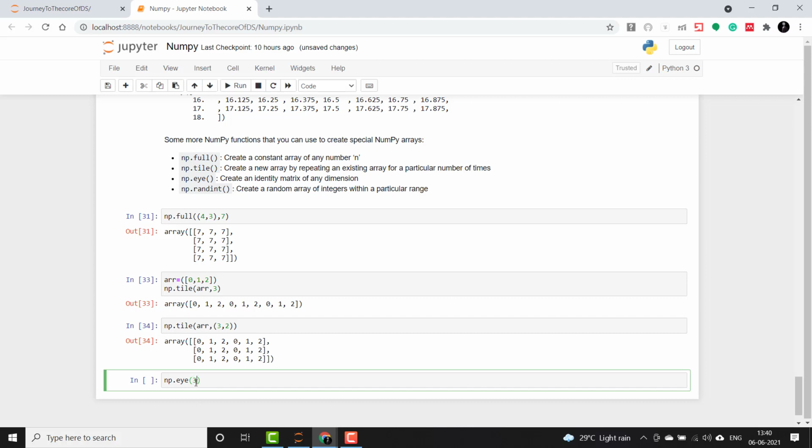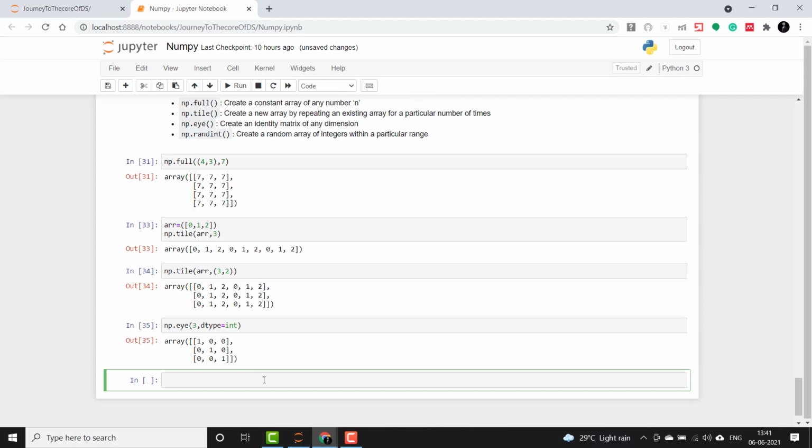It just takes one input as 3, which will be a square matrix. And we can give dtype as int here, because it takes float by default, so we are creating it using integers. Okay, so this has created an identity matrix with diagonal 1 values.